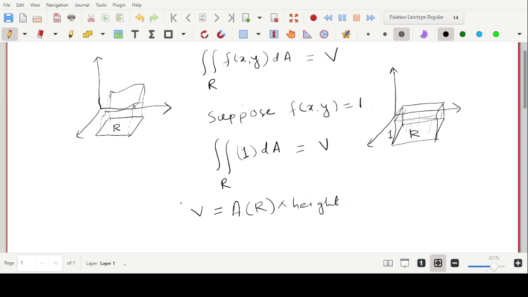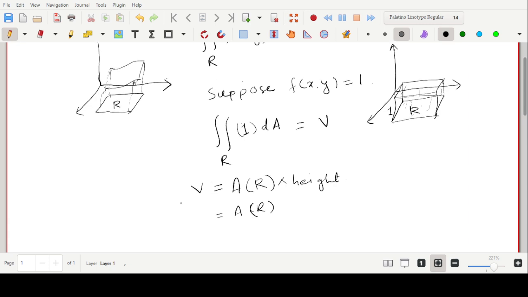But height here is 1, so therefore this is the area of this base rectangle R. But here we have interpreted this V as the double integral of constant function 1 over this rectangular region R. Now that gives us a formula for finding the area of the rectangle in terms of